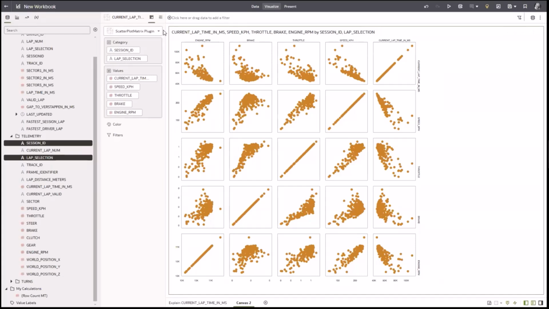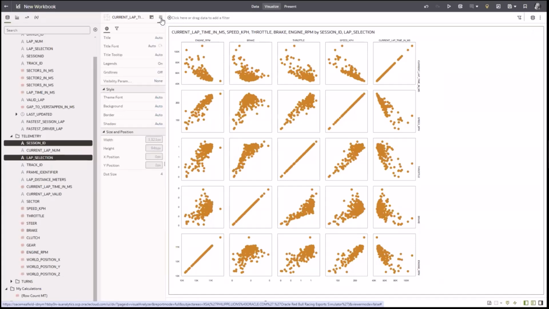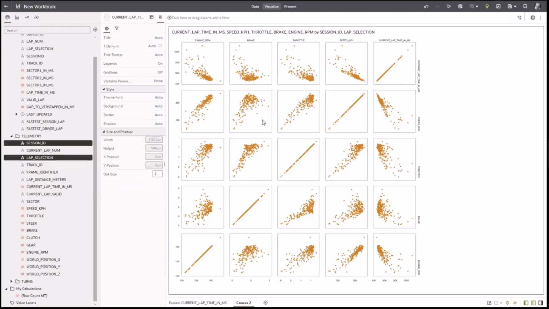In fact, like I said, go into the details. Don't be shy of looking at properties and changing properties for any viz. Let me turn this to 2 pixels. Now I can visually see, and in a meaningful way, that speed obviously correlates negatively with the time it takes you to run the race. Brake to some extent does. It's interesting, and in fact I can go and add